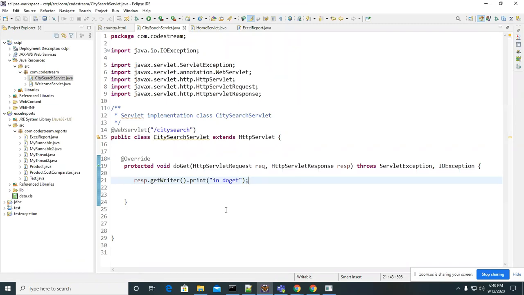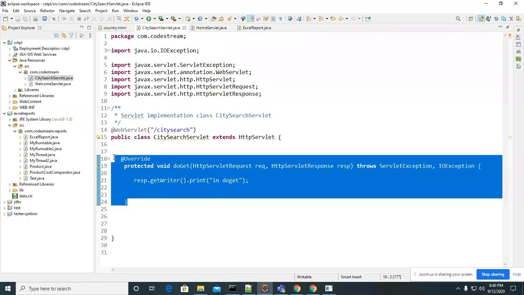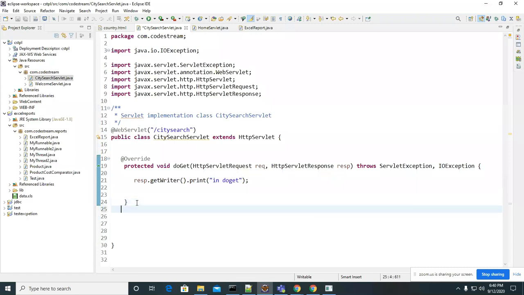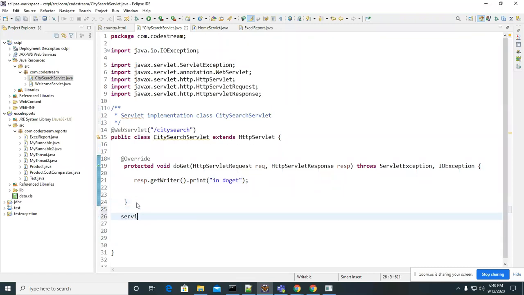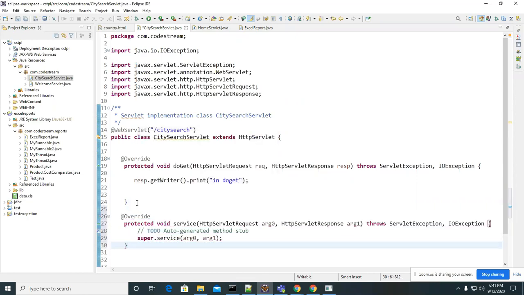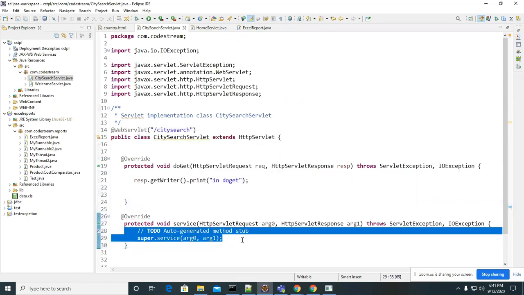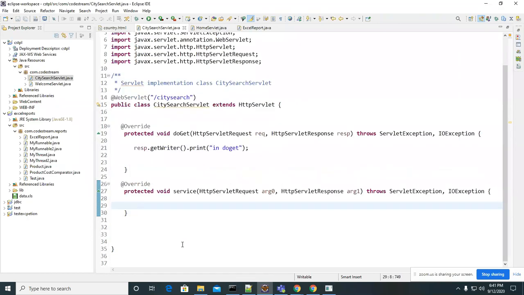Okay, got it? That means instead of the service method, you can override the doGet method also. But let's assume I override the service method which takes the HttpServletRequest and response. If I do that, what will happen? Whether this method will be called or this method will be called, which method will be called if I send a request? Which method will be called, guys?